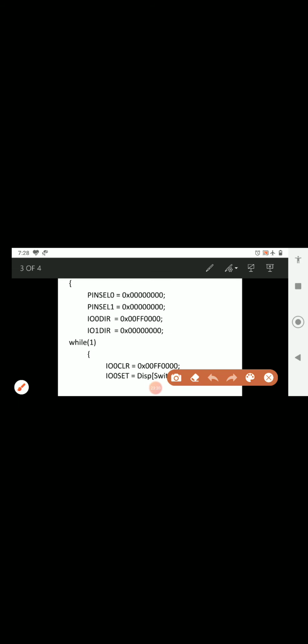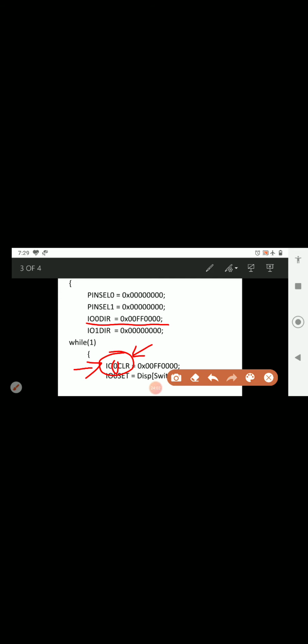And we can see here we have configured the pin numbers 0.16 to 0.23 as output pins, and after that we have IO0CLR. So the meaning of this one is, if you write this register name IO0CLR, this 0 represents that we are selecting port 0.